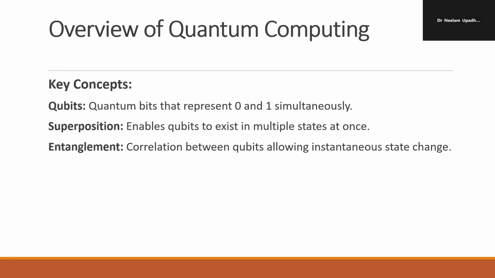So here we don't need to consider the distance between them. It only shows the phenomenon where the qubits become correlated, with one qubit dependent on the state of the other qubit. So measurement of one qubit instantly determines the state of the other, leading to applications in quantum teleportation and quantum cryptography. It shows up in this entanglement key concept.